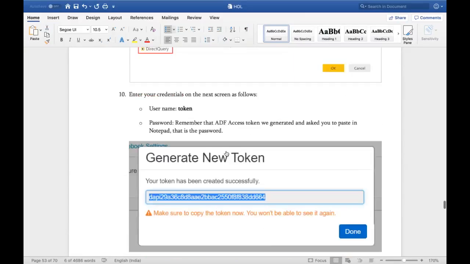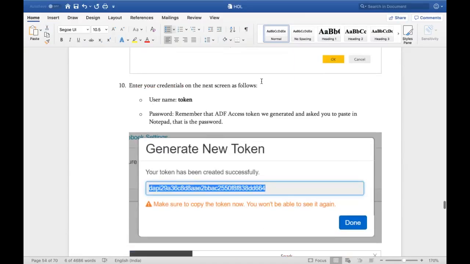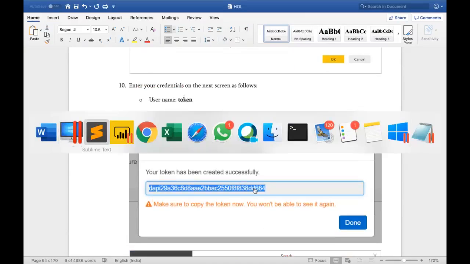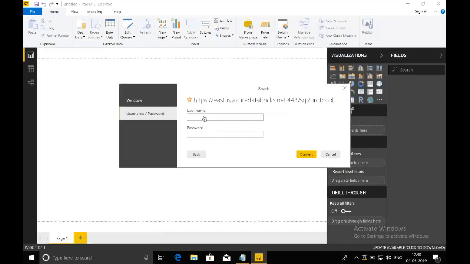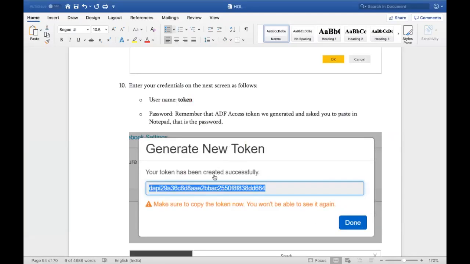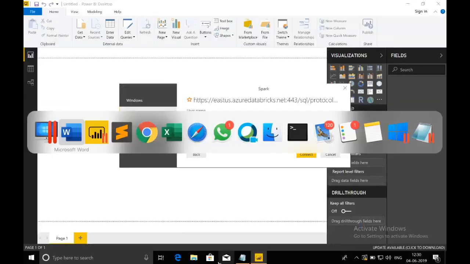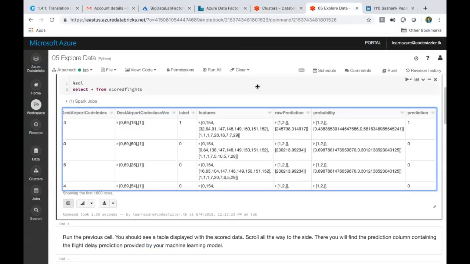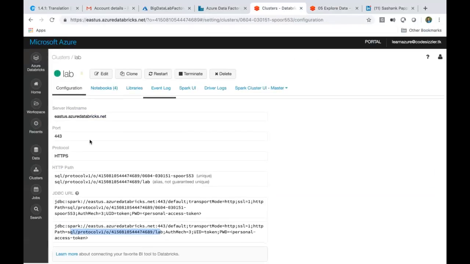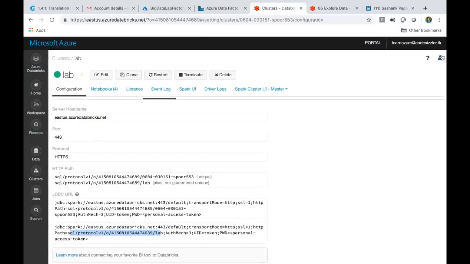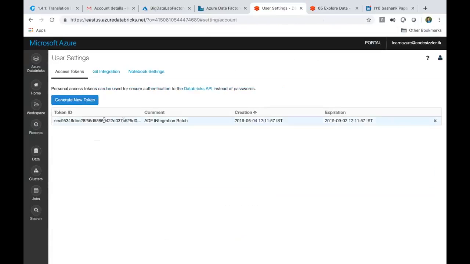Now enter the credentials on the next screen. The username is nothing but the token we generated just now, right? So that is the same thing here. We pass it. Name is token, and this is our token here. Oops, I lost it. Let me generate one more.